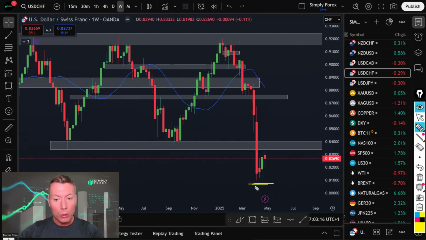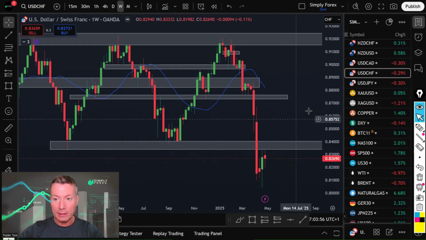We're super overextended. We know how weak the dollar has been, and at some point it has to have a rebound, and this is what we're seeing, a US dollar rebound. Now, if we look at this candle and the following week's candle, that's still buying pressure. So I think we still have a bit more room, potentially up to this 0.84 level, if not further. But you can see we're at resistance already, which is why I prefer US dollar yen. Even though it is at resistance, we still think this has some room to the upside.